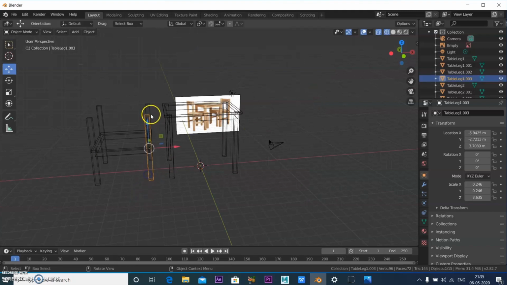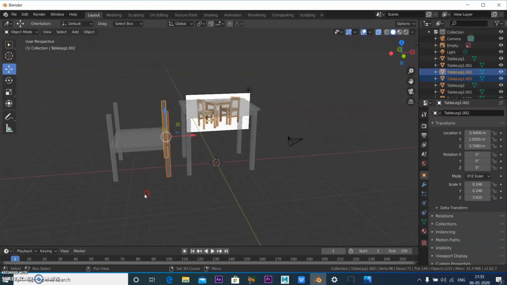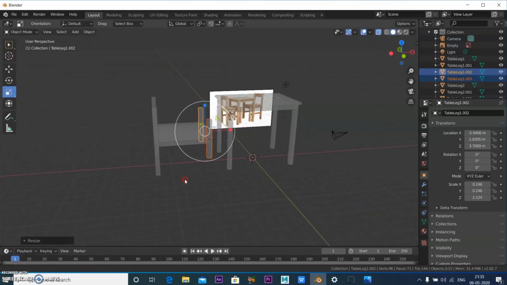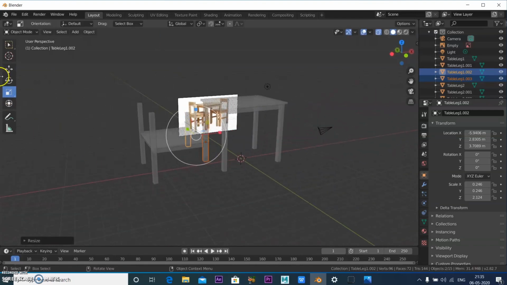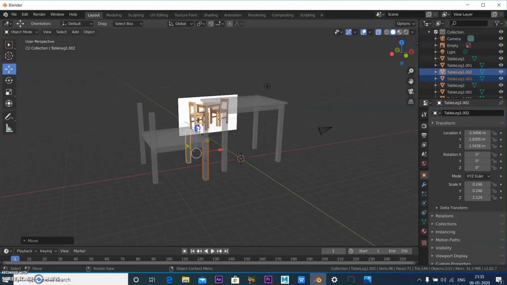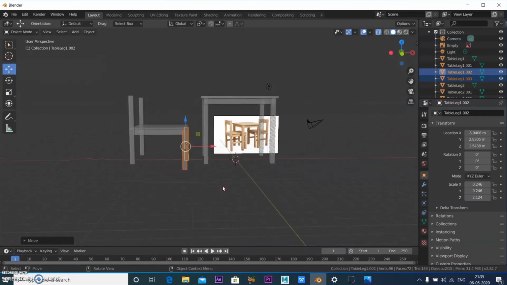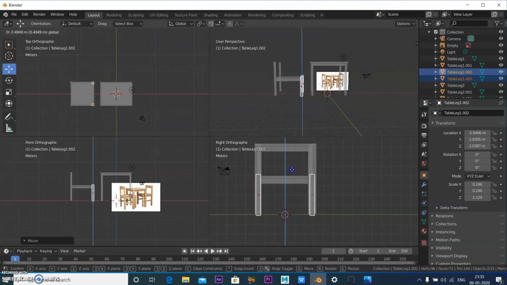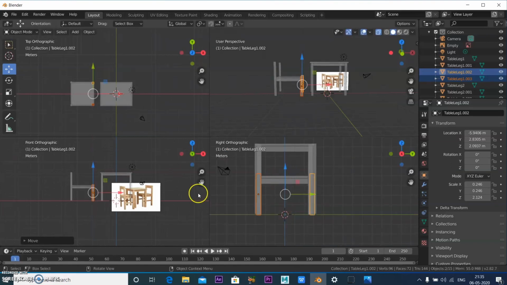Okay, so you just select both of these and you can go for the shading mode so you can see it. I can just scale this down and then you can bring this down. Just check how it looks. Sorry, I don't want it to go below this layer, so I'll just lift it up. Then again you need to scale it.